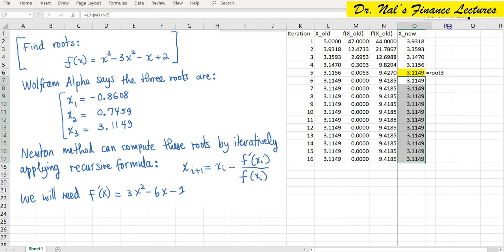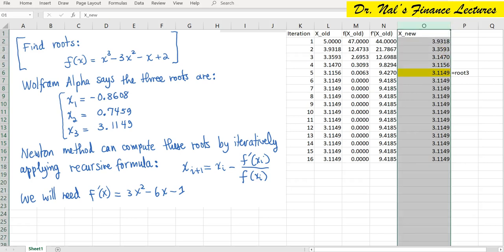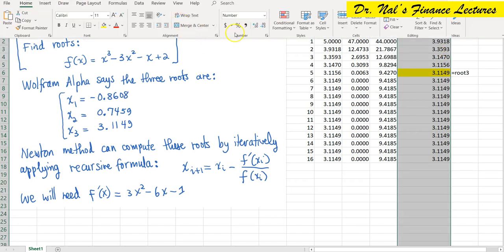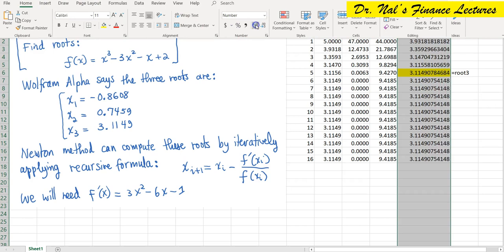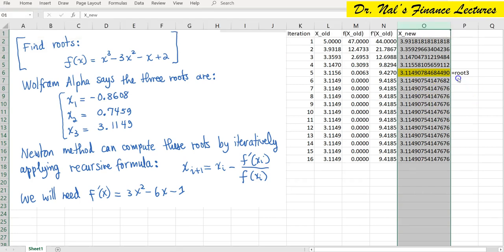So for instance, if I were to add more decimal places of accuracy here, let me just go ahead and do that. You will see that the answer gets finer and finer, getting closer and closer to the actual correct answer. For instance, in just 2 steps, it doesn't even improve after that, right? So for instance, here it's already up to how many points? 1, 2, 3, 4, 5, 6 decimal places. It's correct up to